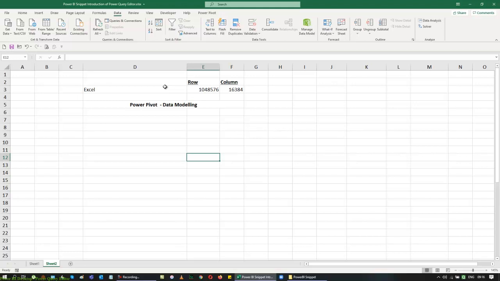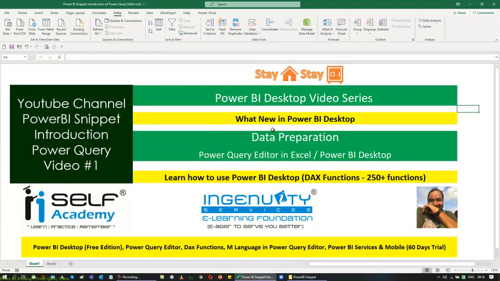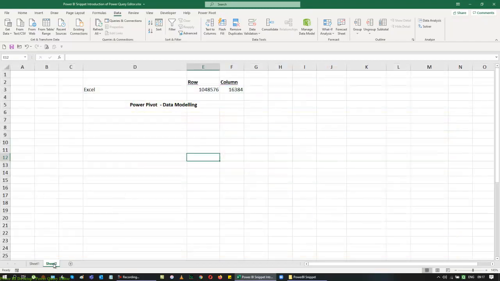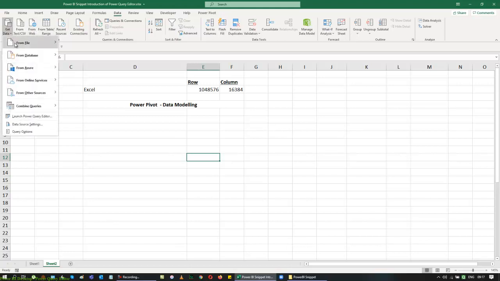So normally if you are about to do your data preparation in Power BI or in Excel, you have to use the Data option, and this Get and Transform Data can be used in its best possible way. You can take data from a text file, you can take data from the web, you can take a table range, or you can bring the data from multiple sources. You can bring it as a flat file,